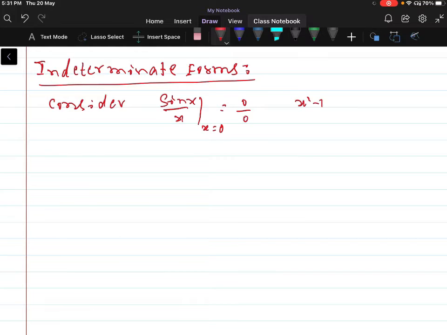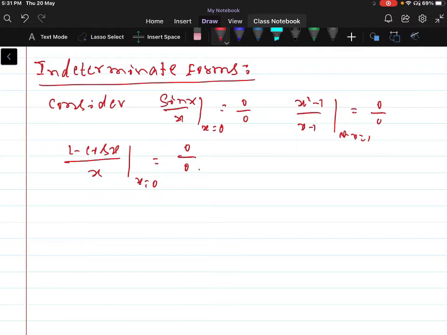x square minus 1 by x minus 1 at x equal to 1. Again, it is a 0 by 0 form, 1 minus 1 is 0. And another example, 1 minus cos x by x at x equal to 0. So cos 0 is 1, 1 minus 1, that is 0 by 0 form. At x equal to 0 for sin x by x, x equal to 1 for x square minus 1 by x minus 1, and at x equal to 0 for the function 1 minus cos x by x cannot